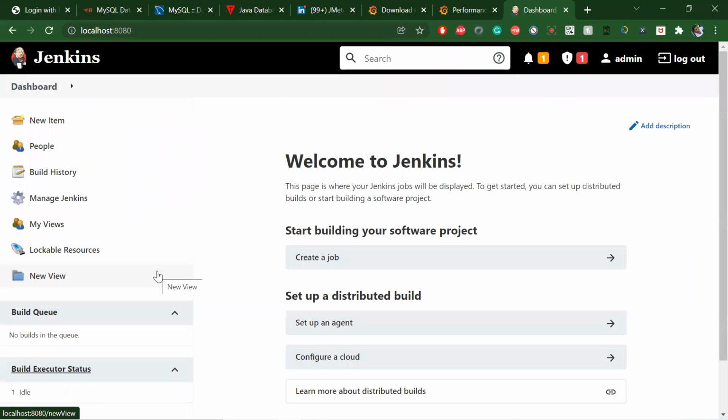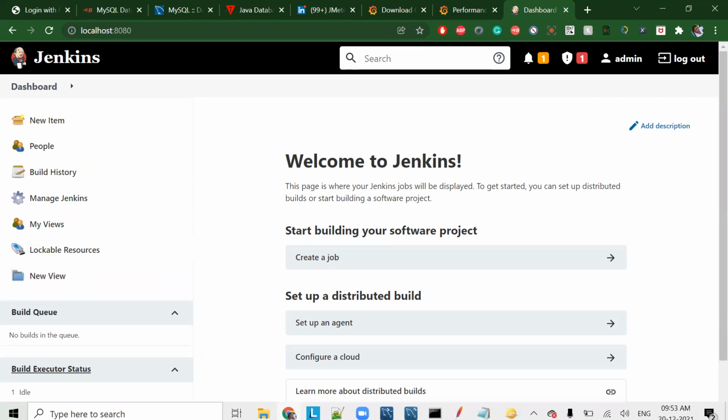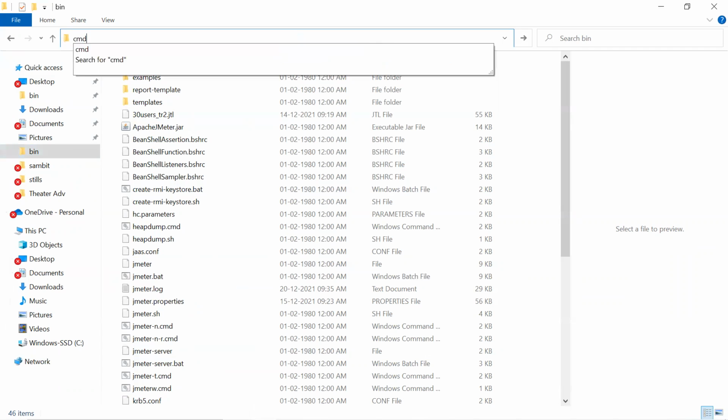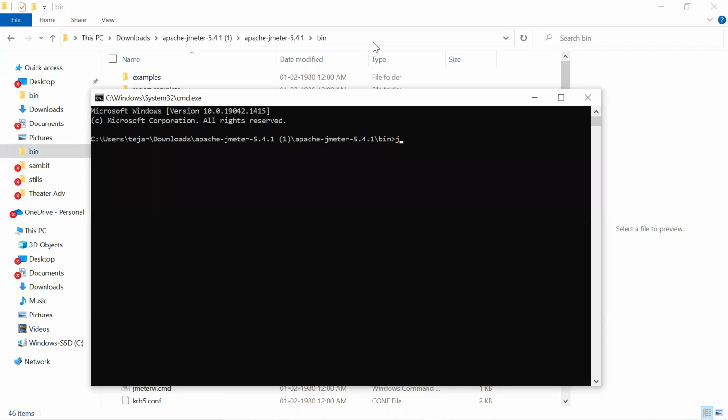That's where we get the command line. We have the JMeter command line. It means you can control the JMeter scripts by the command line. Okay, so let's learn that first. We'll go to bin, open the CMD here. Now if I hit JMeter, it will open the UI. But I don't want it, so I will say JMeter minus n. It means I'm saying to open JMeter in non-GUI mode. Minus n is nothing but non-GUI mode.